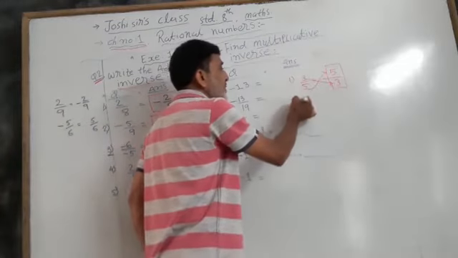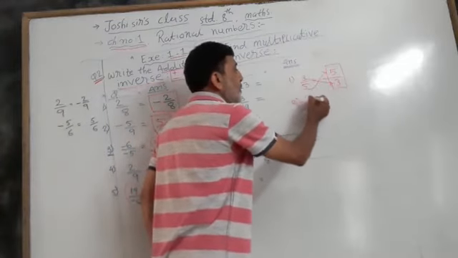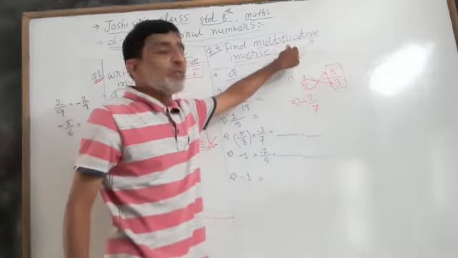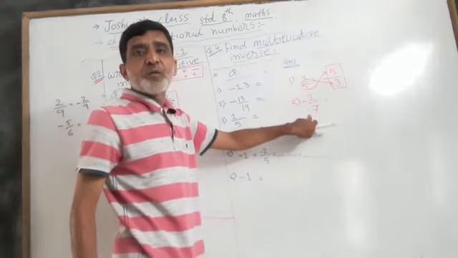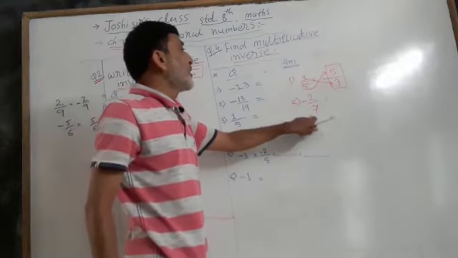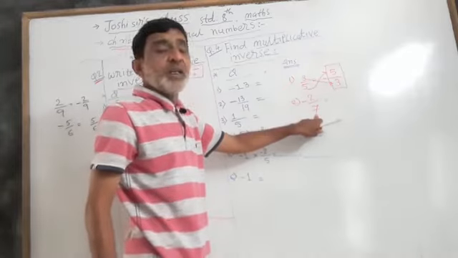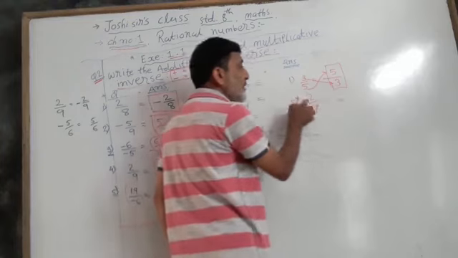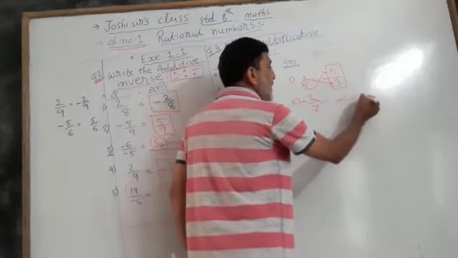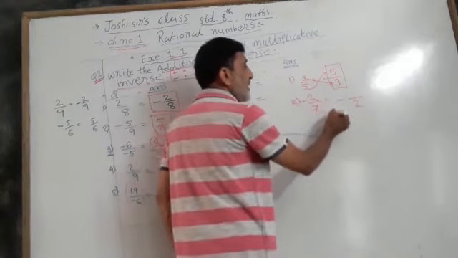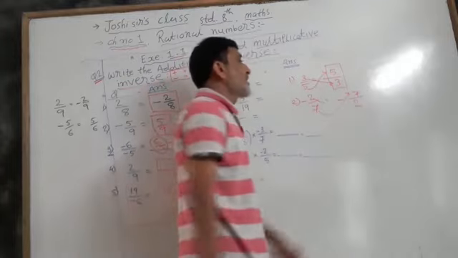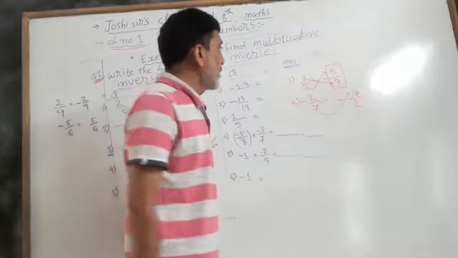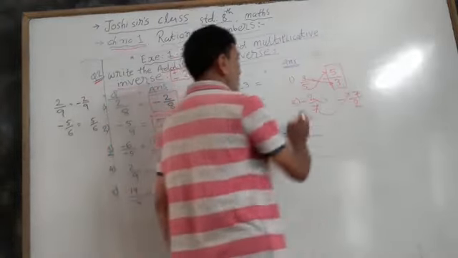I give second example also, minus 2 upon 7. Now what is the multiplicative inverse of this number? Minus 2 upon 7. We have to change only this number. Sign will not be changed. So first we put this sign minus, and 2 is upside, we will write it downside. Here 7 is upside. So answer is minus 7 upon 2. Do you understand all this? Okay. Now we will start this exercise.